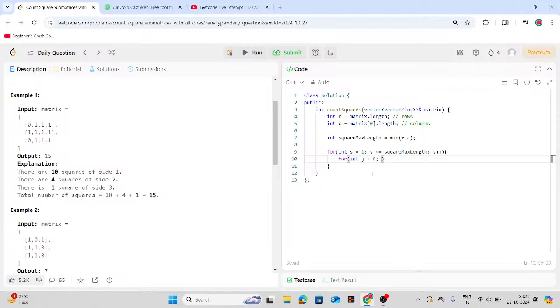J is basically iterating alongside rows. So what will be the maximum value of that? It would be, yeah, but for the maximum value, you need to also consider the length of this square, right? So you have to check here. So if you add this much length to the square,